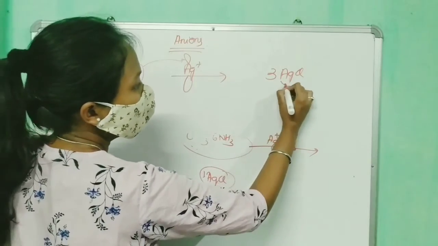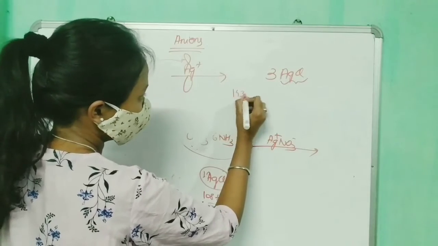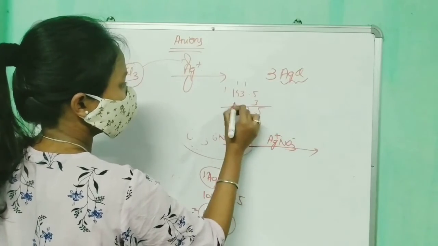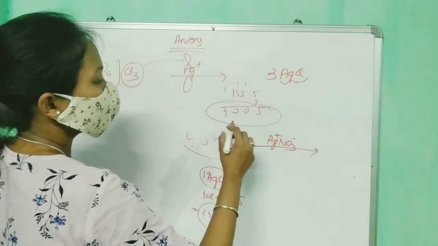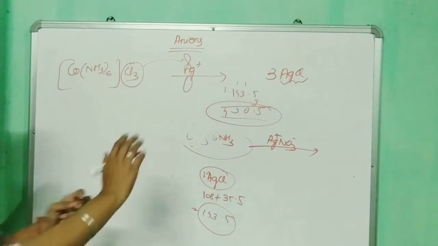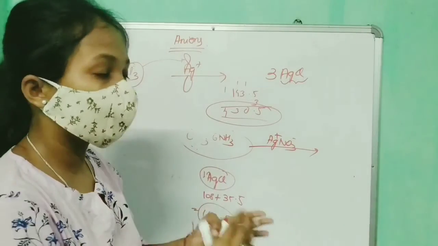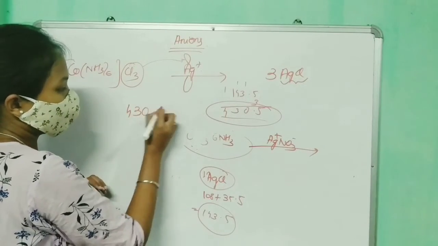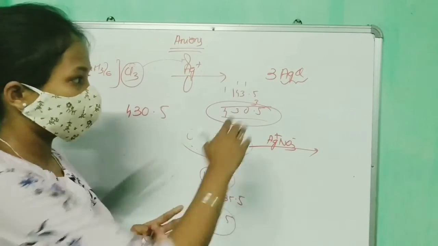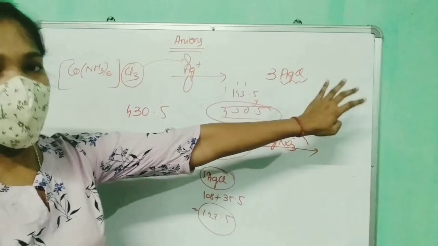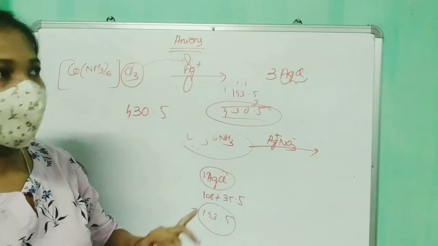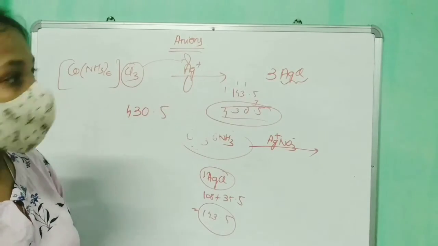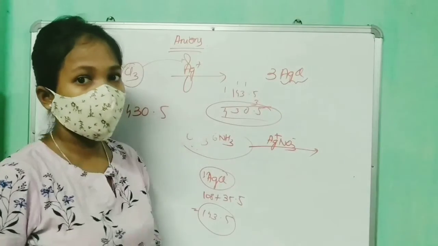So when he calculated the molecular weight of this, he got the molecular weight to be 430.5. So he immediately thought of this idea, not thought, he knew, therefore he conducted this experiment, right? Basically this is the silver chloride precipitate that he found after adding silver nitrate, because the ionizable chlorine will donate electrons in the vacant d orbital of Ag, and will form this silver chloride precipitate, which is white in color.